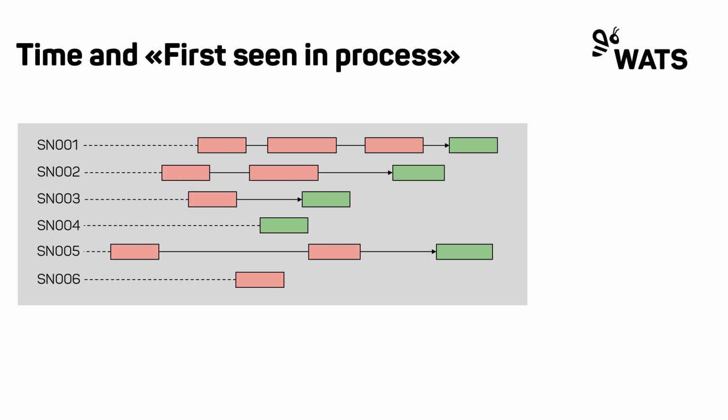An important aspect to understand when considering how yield is calculated in WATS is the time filter and the concept of first seen in process. Let me explain. Let's say we have a given time filter here. This might be last week, it might be last hour, yesterday. And the intuitive but wrong way of interpreting the filter is to include all of the tests that happen within